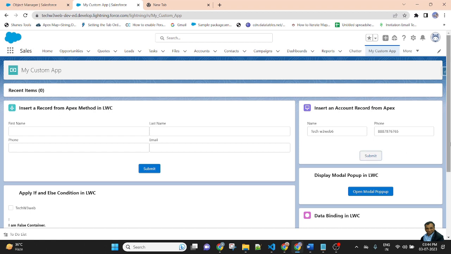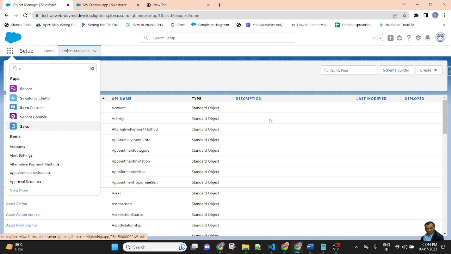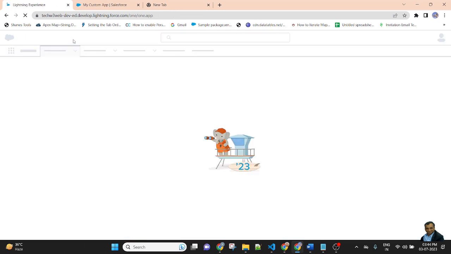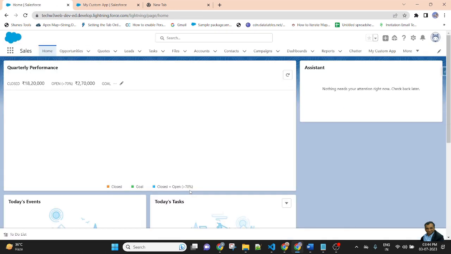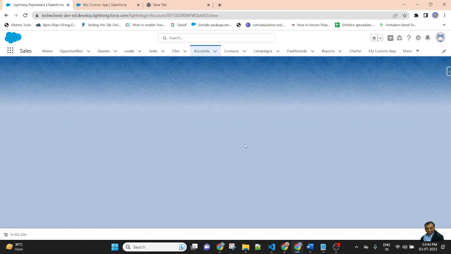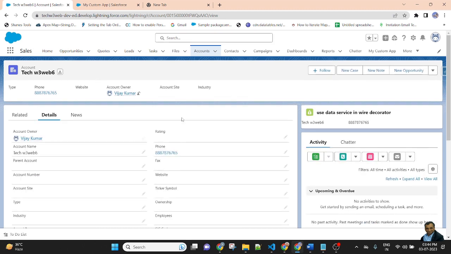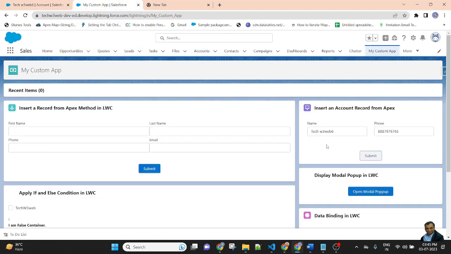So now I'm clicking on the submit button and go to the object. As you can see, one record has been created in Salesforce. Account name is Tech W3 Wave 6 and phone number is this. So the record has been created through the Apex class method.